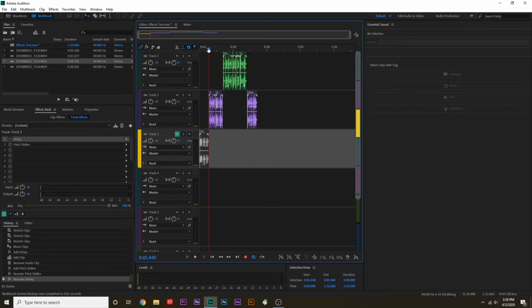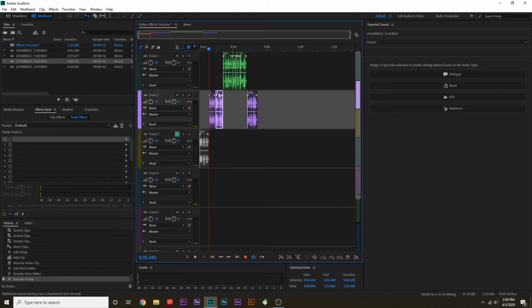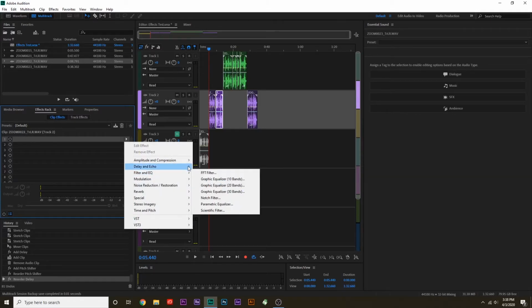Now let's move on to if we wanted to apply effects to a particular clip. So what you need to do is you can just click on the clip that you want to add an effect with and make sure you are on clip effects instead of track effects. Otherwise you'll be applying something to an entire track. Now that we can confirm that we're applying it to the clip, we'll just add, say,